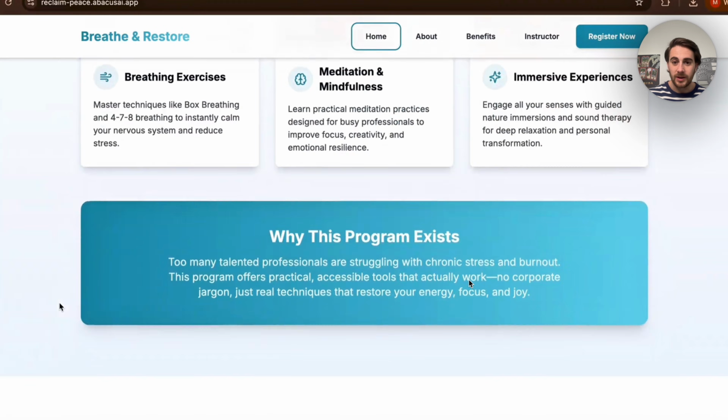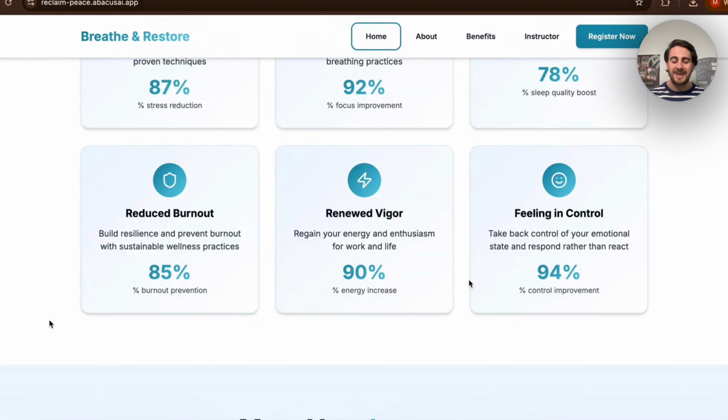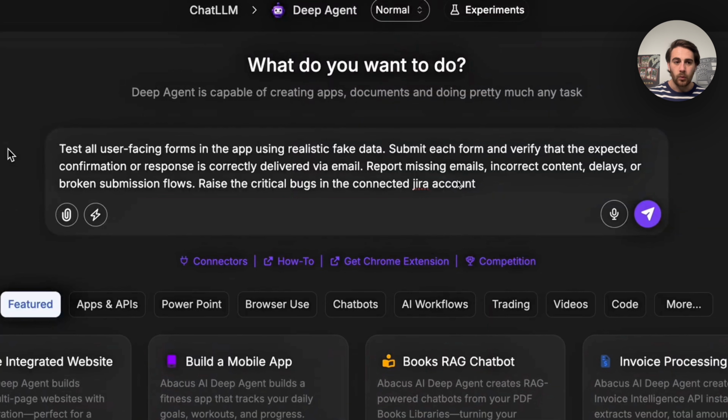So what I'm going to do is scroll through here so you can see this quickly, and then we're going to come over to Deep Agent and get it to test this. So we could see right here, I want you to test all user-facing forms in the app using realistic fake data. Please submit each form and verify that the expected confirmation or response is correctly delivered via email, which is crazy that this is actually testing that it's getting the email responses, which is great. And then we want this to report missing emails, incorrect content, delays, broken submission flows, and raise